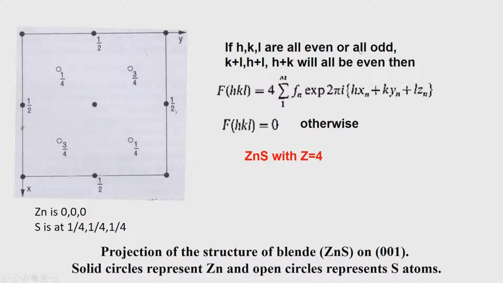So if H, K, L are all odd or all even, the summation of each two components will become even, and therefore this expression exists. That means the systematic absences will be enormous, and many reflections will be absent in this F centered lattice. In fact, this is given later to you in powder diffraction as a thumb rule. The thumb rule is that you have a crystal system which is a simple primitive lattice, or a system which is centered, maybe face centered, the other one body centered.